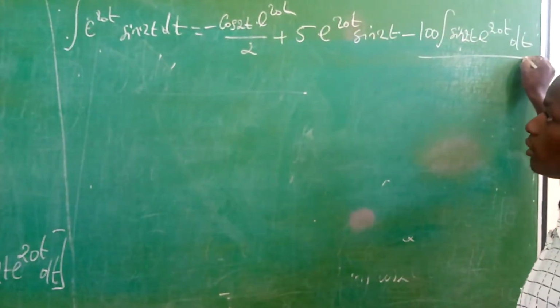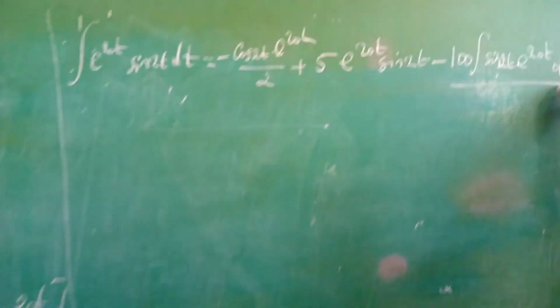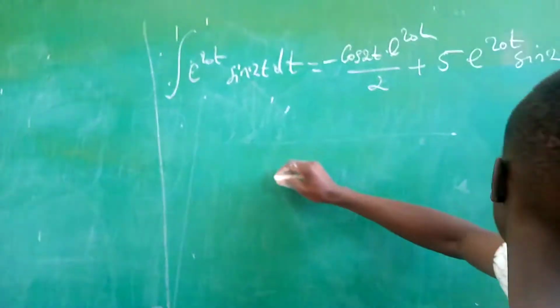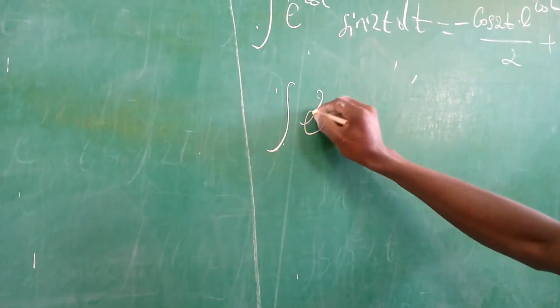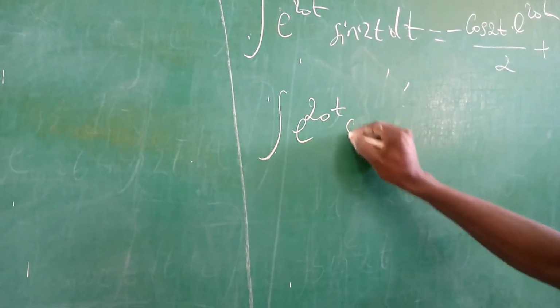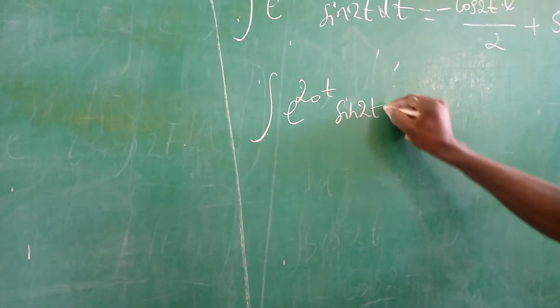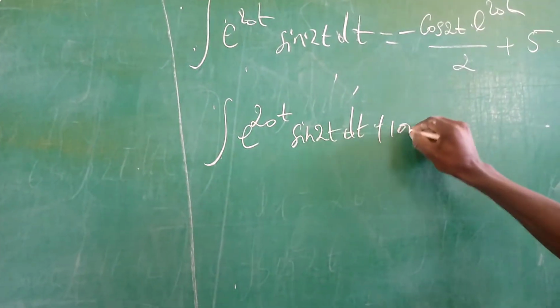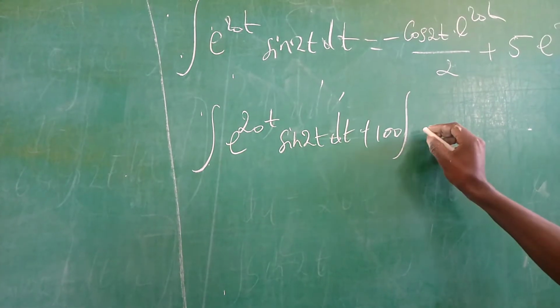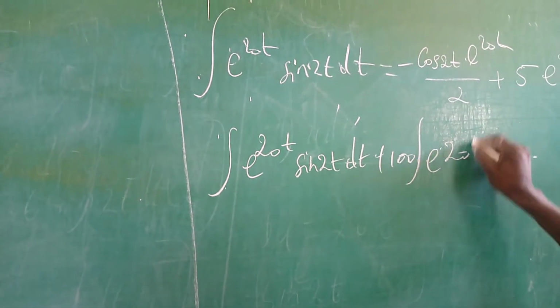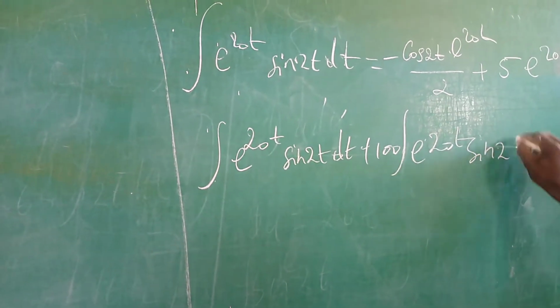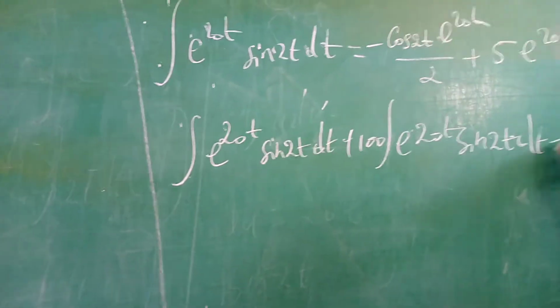Then we take this, which is similar to this, and we get the integral of e^(20t) sine 2t dt plus 100 times the integral of e^(20t) sine 2t dt is equal to